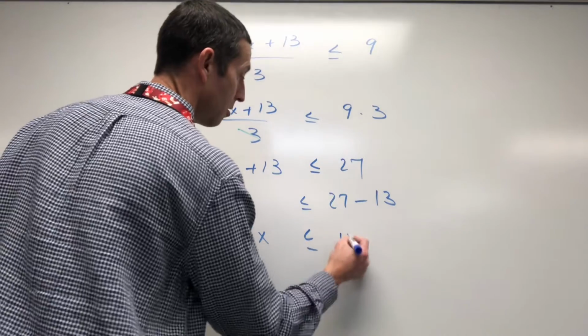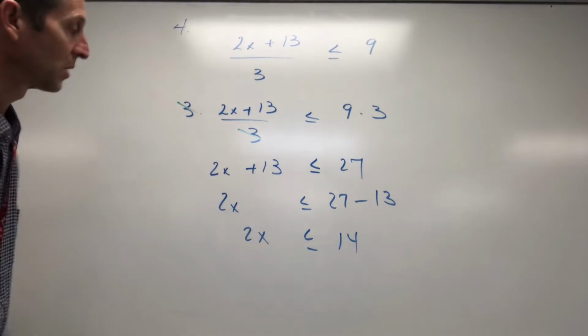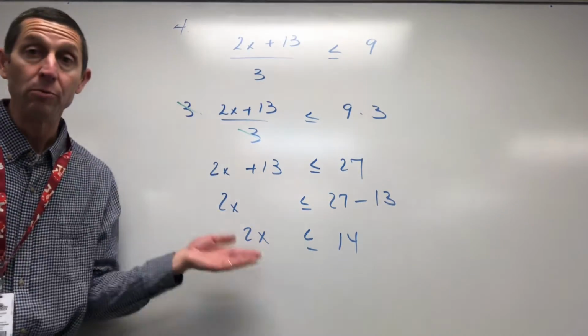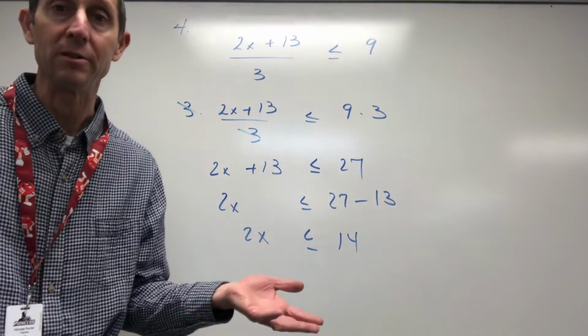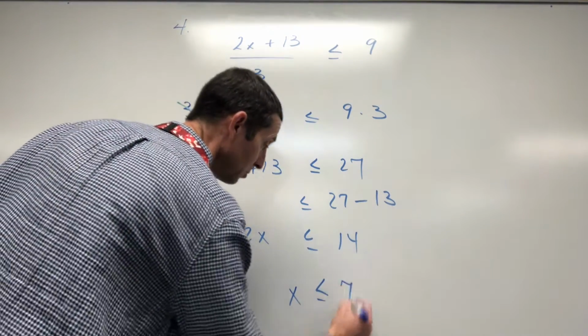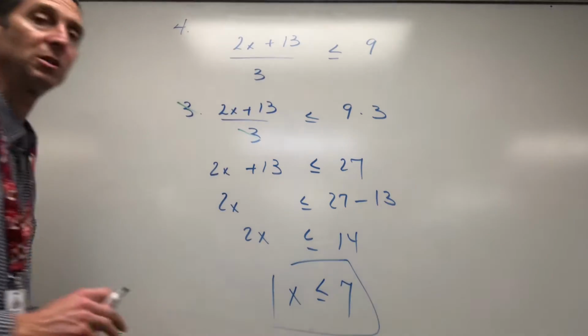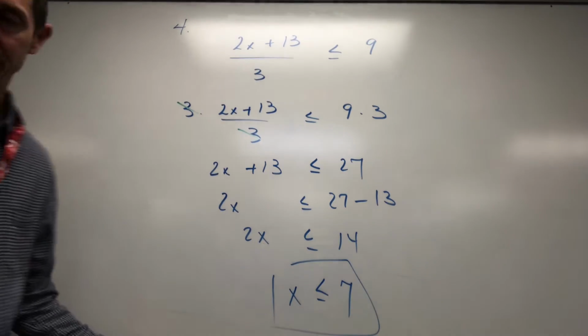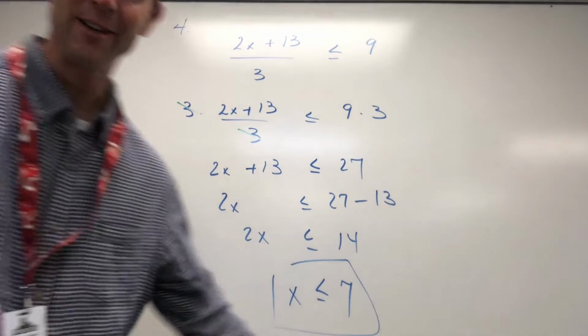And you are in business. Right here, you're going to divide by 2, but it's a positive 2, so you don't have to flip the inequality sign. 14 divided by 2, x less than or equal to 7. All she wrote. All right, got 7 examples to do today. 4 of them are